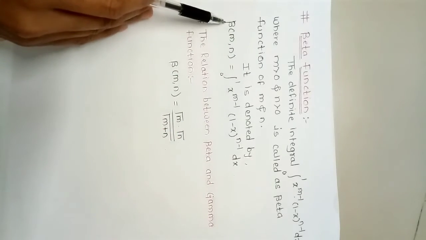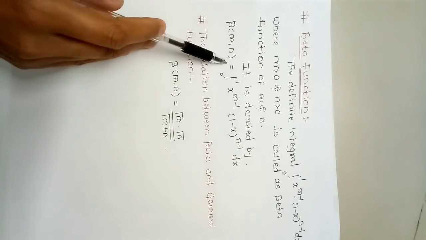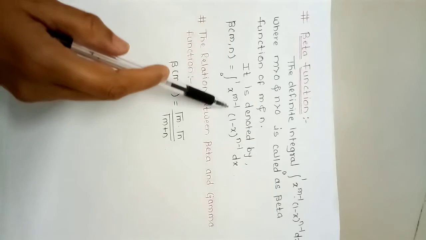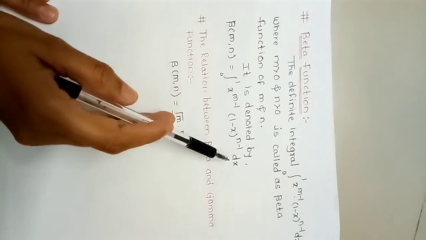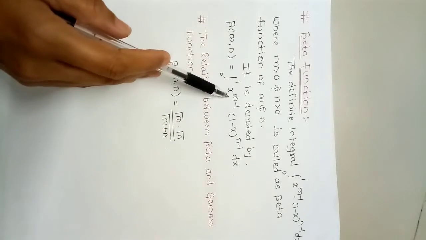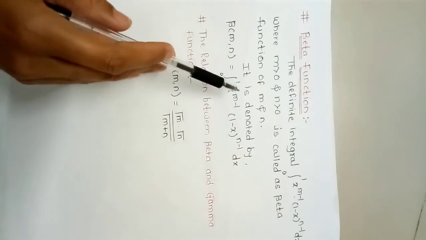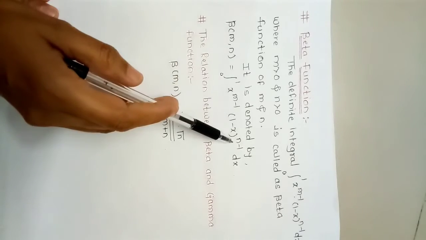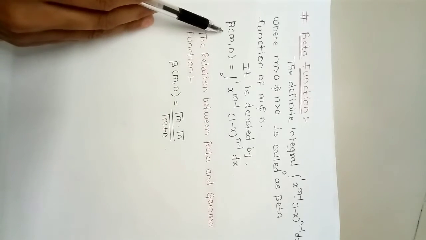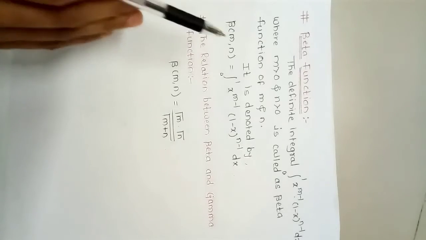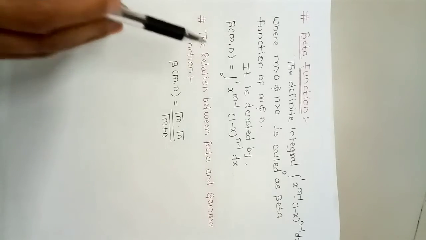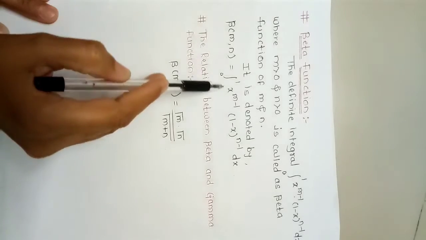It is also written as beta function of m, n is equal to integration of 0 to 1 x raised to m minus 1 into 1 minus x raised to n minus 1 dx. It means the power of x and 1 minus x, if it is m minus 1 and n minus 1, then we get the value as m and n inside the beta. If I want to solve any numerical by using this definition of beta function, then I should bring that numerical in this form.